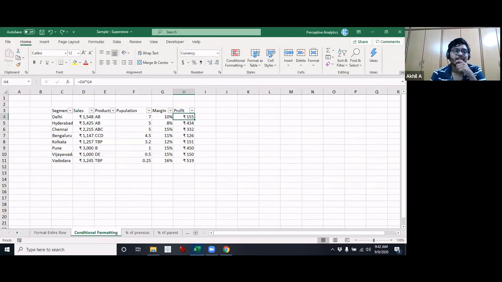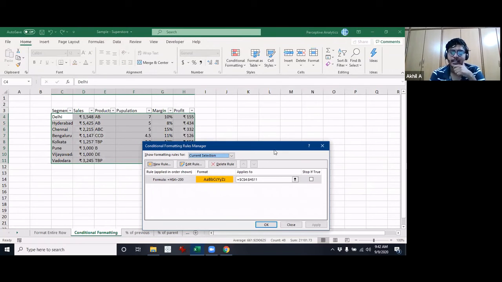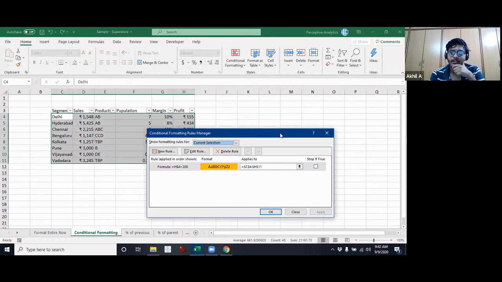Understood. It will go to the C column first and check for the H column's value, then go to the D column and check for the I column value. It goes to the E column and checks the J column value. For I, J, K, L, we don't have any values, so it interprets them as 0. So no formatting applies for D, E, F, G, and H.